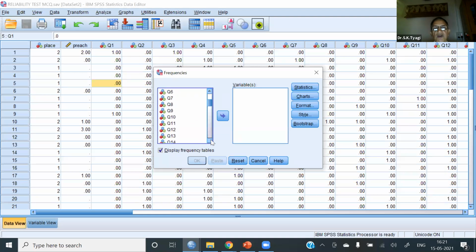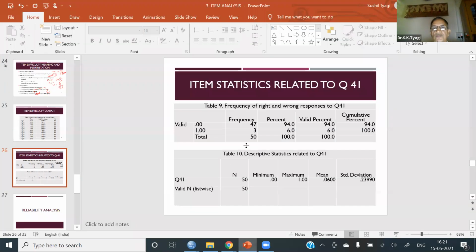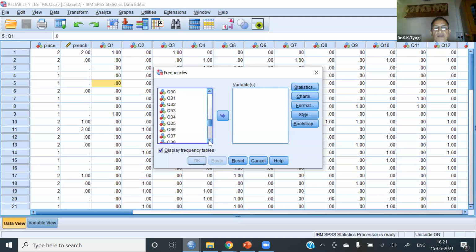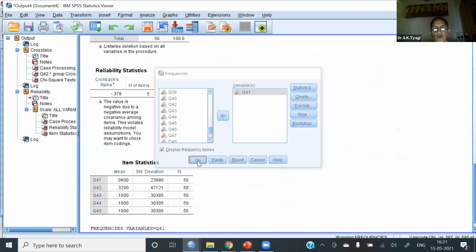Okay, question number, 41. So I am selecting question number 41 here, and just clicking okay.